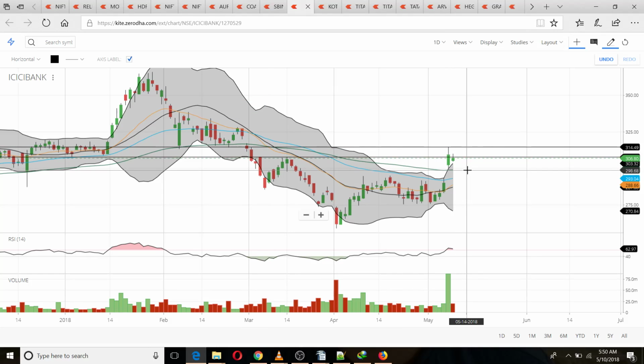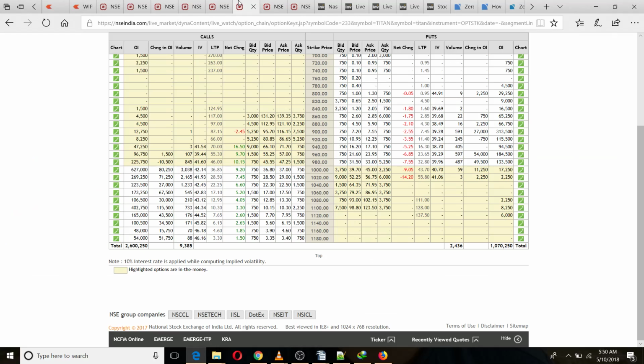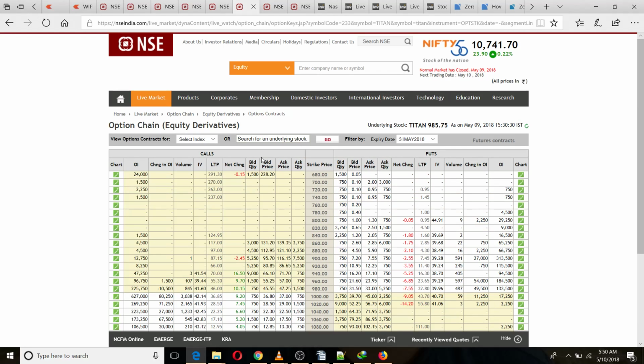and I will be looking for a shorting opportunity in ICICI Bank. I will not go bullish here, but I will look for weakness. I will not simply short it. I will wait here till it gives me a signal that it is weak. If it says that, then only I will short it. Now another thing that I was looking at, this is what?